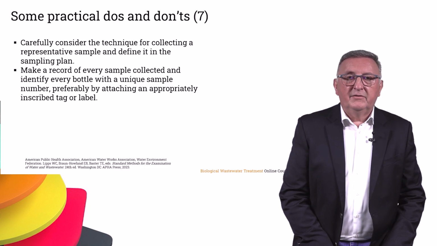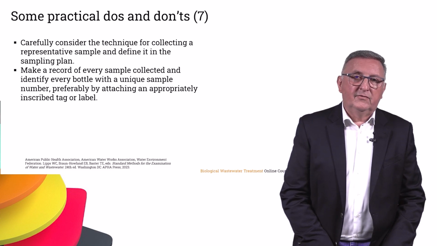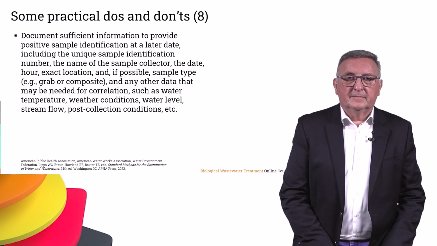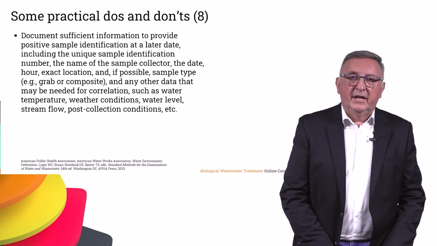Make a record of every sample collected and identify every bottle with a unique sample number, preferably by attaching an appropriately inscribed tag or label. Document sufficient information to provide positive sample identification at a later date, including the unique sample identification number, the name of the sample collector, the date, hour, exact location, and if possible sample type, for example grab or composite,